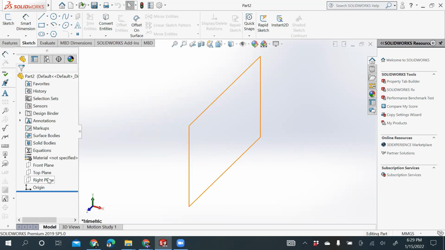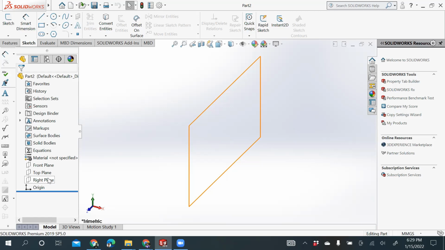The front can be taken as your front plane, the right wall as your right plane, and the ceiling or the surface above you as the top plane. So these three planes comprise the total 3D part.